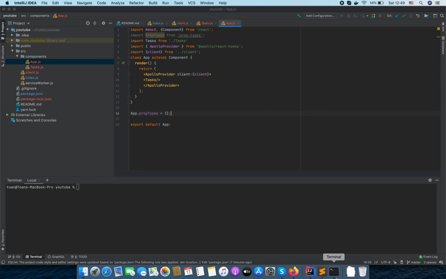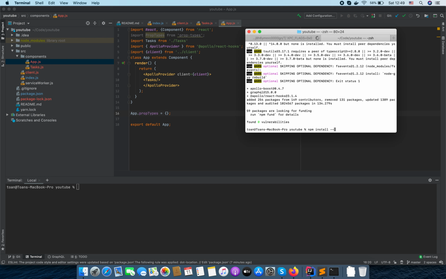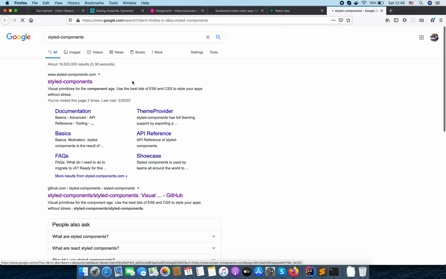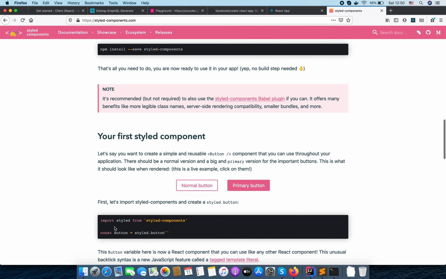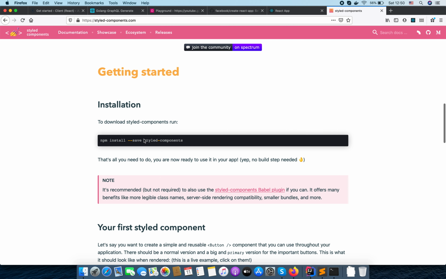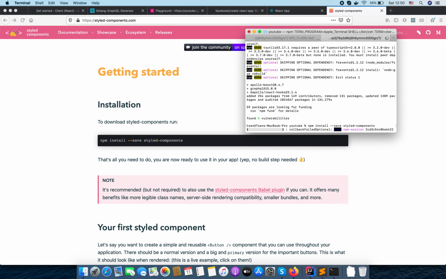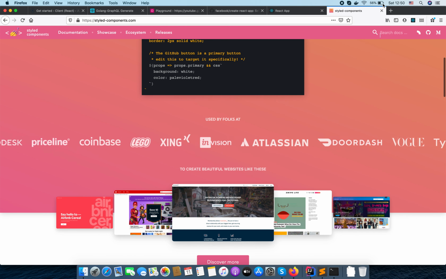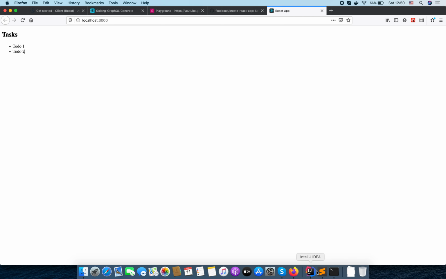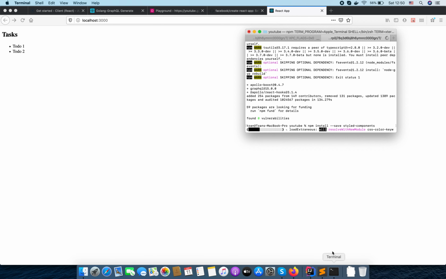Now I'm going to install one more time, styled-components. I'm not sure I remember this module exactly. Styled-components. All right. npm install styled-components. Okay, so good. Styled-components is a very useful tool that allows us to add custom styles inside a React component. All right,